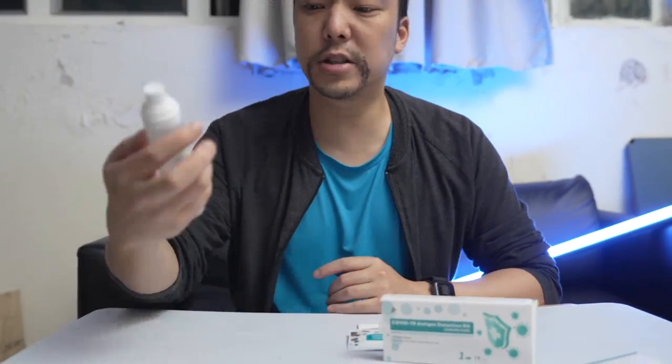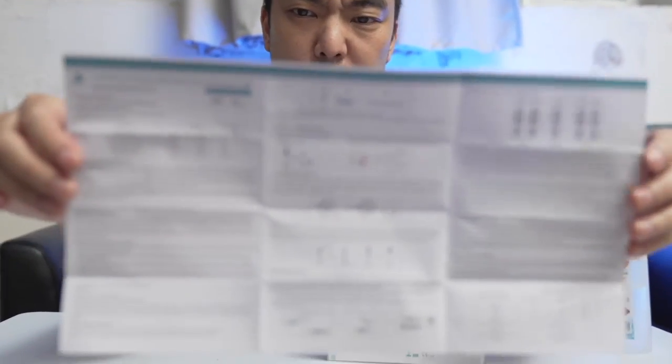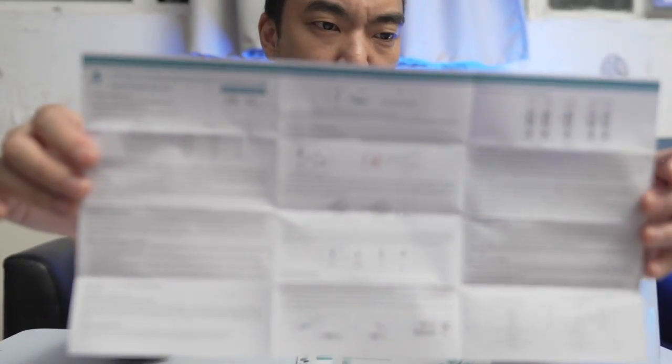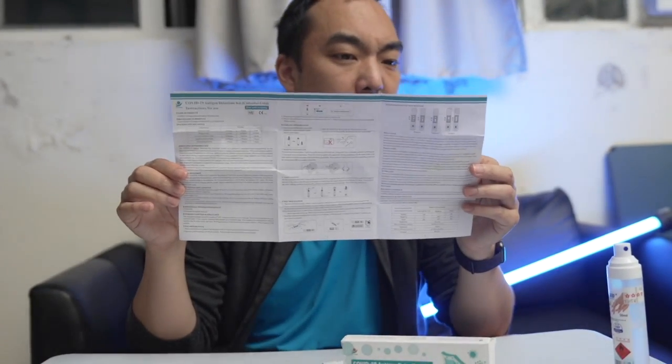Anyway, first thing to do is to disinfect with some alcohol because I want to reduce the cross-contamination. And then I read all the instructions. You can kind of read them here, but I don't know if you'd really want to because it's kind of boring. But alright, and this is the sheet that comes with it, and it detects